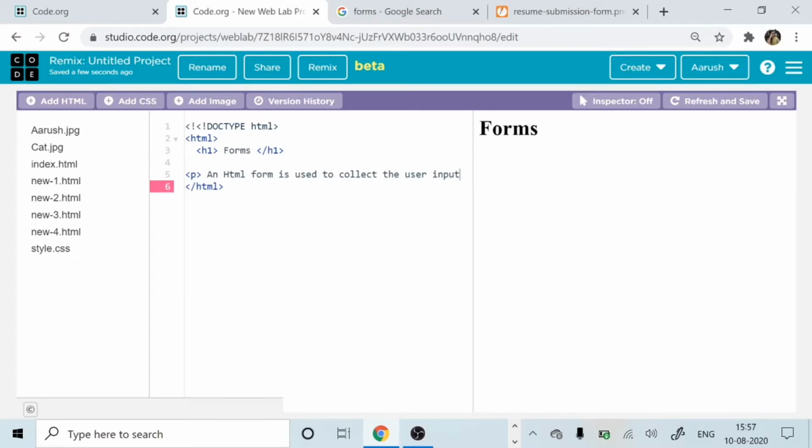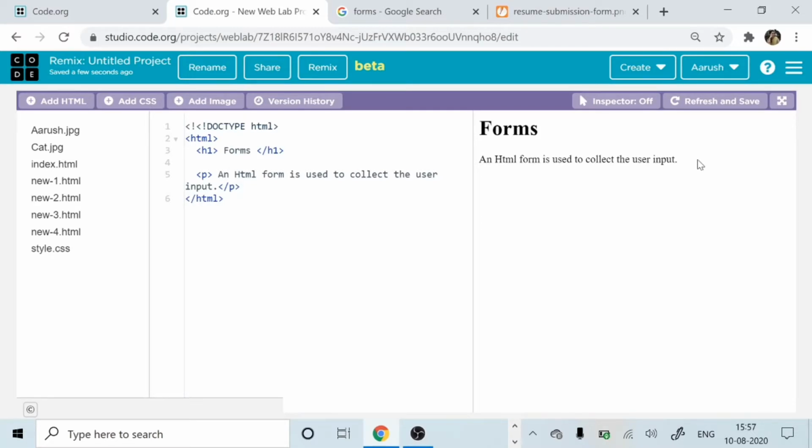And this user input is most often sent to the server for processing. So that's what they are trying to tell you over here. An HTML form is used to collect the user input. That is the first thing.